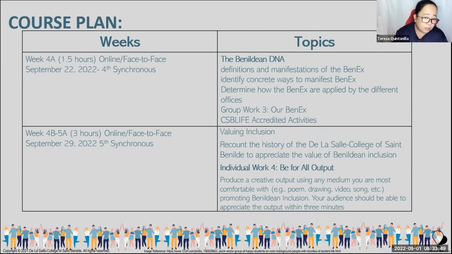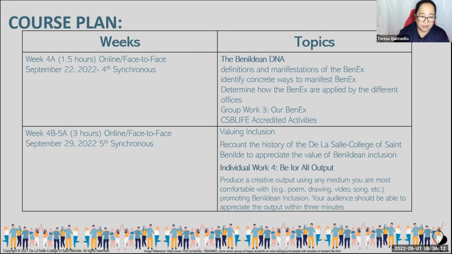So definition, manifestation of BNX, Benildean expression, identify the concrete ways of manifesting BNX, and then determine how our BNX applies to our different offices or different for us. Okay, so how we're going to apply it. And then this is another